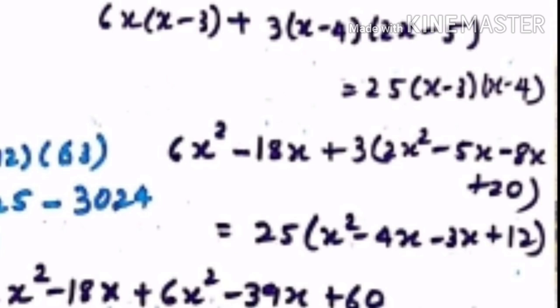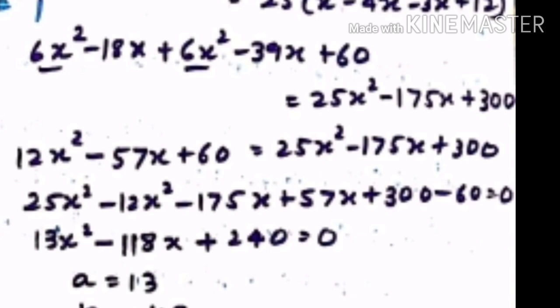Now I get 6x square minus 18x plus 3 in the bracket 2x square minus 5x minus 8x plus 20 is equal to, right side also by binomials multiplication I get 25 in the bracket x square minus 4x minus 3x plus 12, and then opening the bracket and simplifying them, I get at the end on the left side x square minus 18x plus 6 square minus 39x plus 60, and on right side that is 25x square minus 175x plus 300, and then simplifying it more by taking like terms together, 25x square minus 12x square, then 175 and 57 360, I get 13x square minus 118x plus 240 is equal to 0,